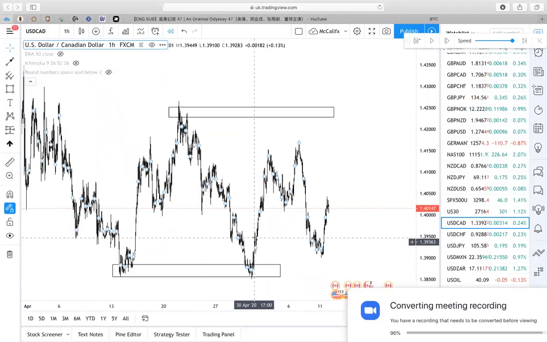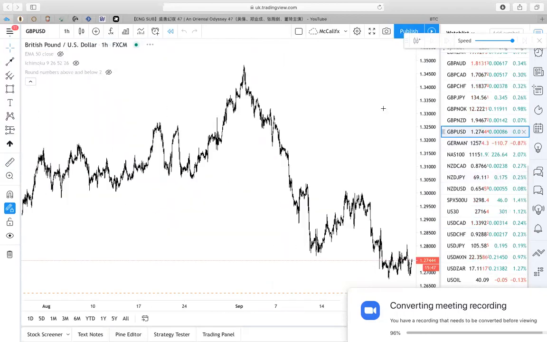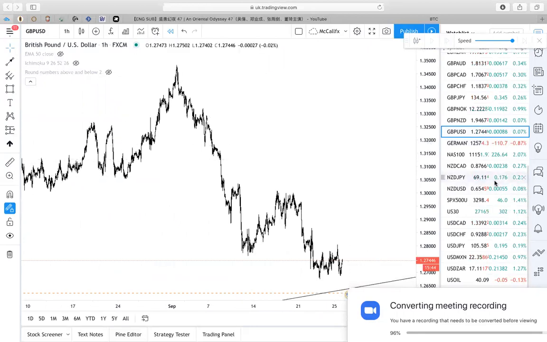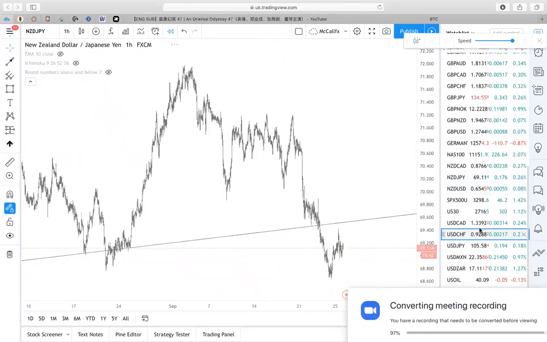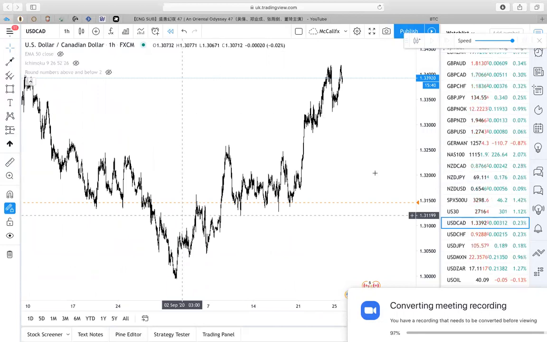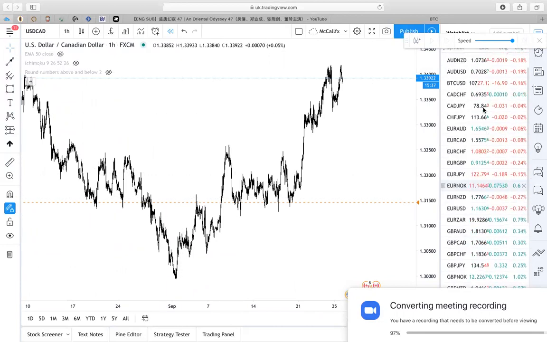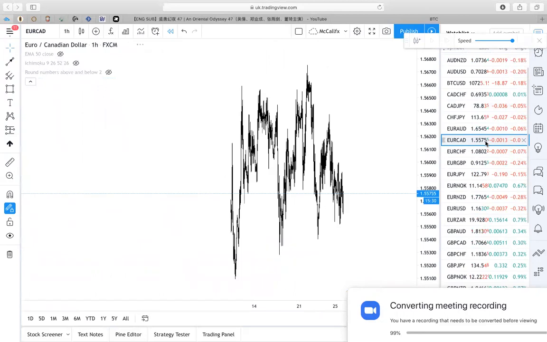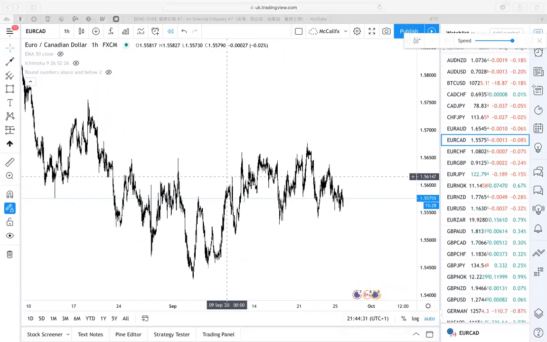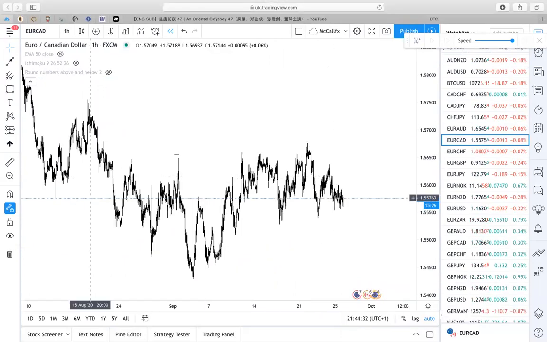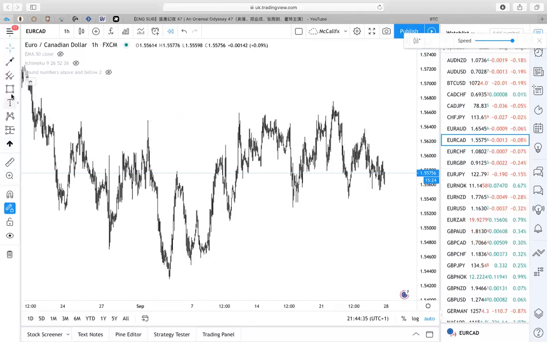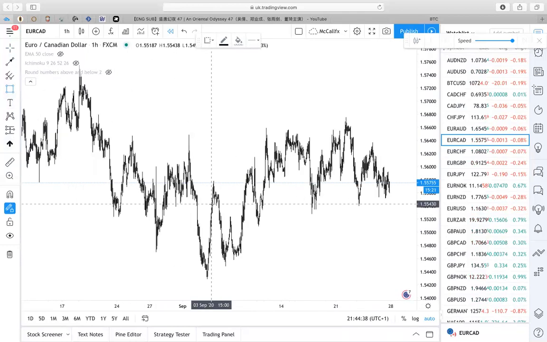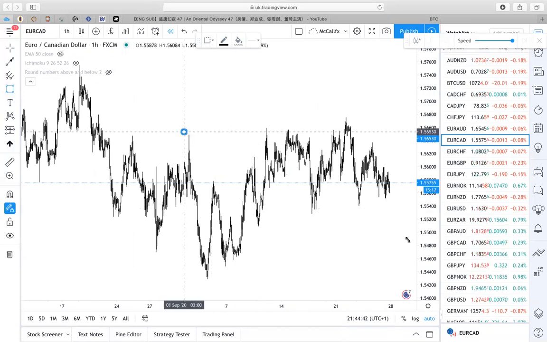So I'm not going to be taking my entries, but let's look at a different pair and see if we can find some resistance and support levels. So I'm going to be using USD... all right, I'm going to be using this one. So remember what I said, guys: if price is not able to break a level, that level is going to be your resistance. If I should draw a zone at this point,